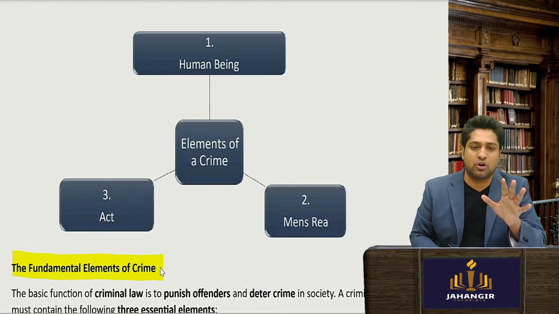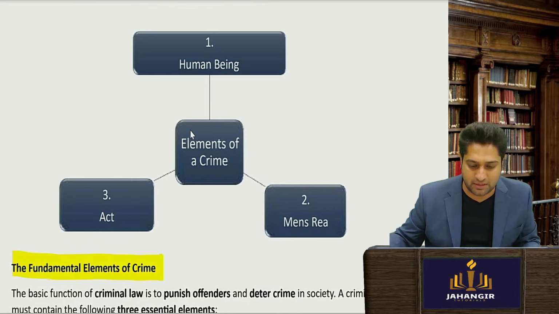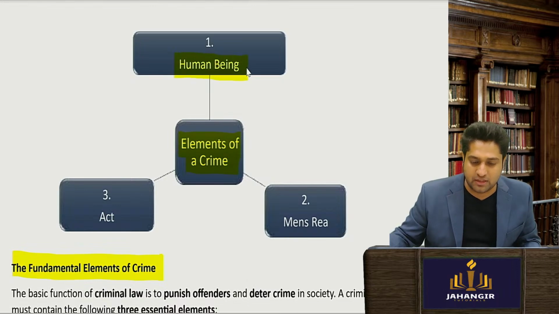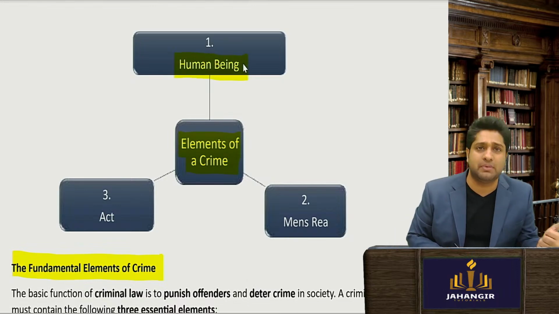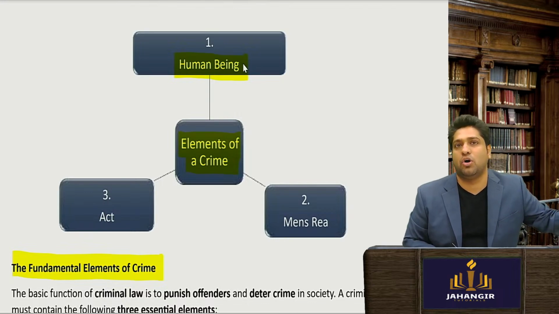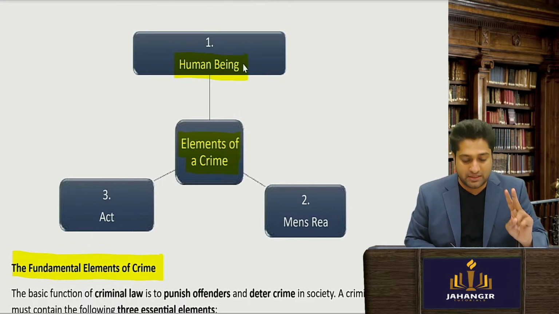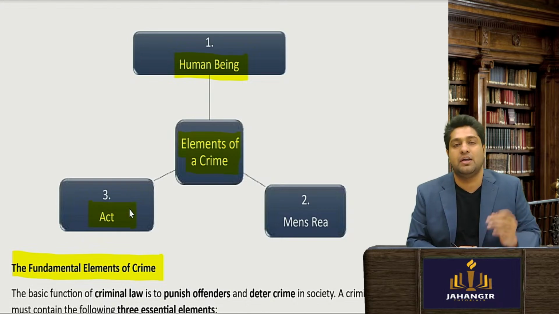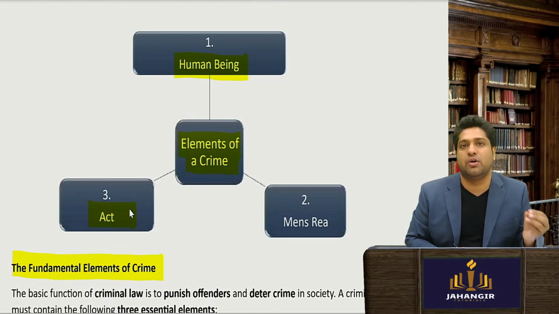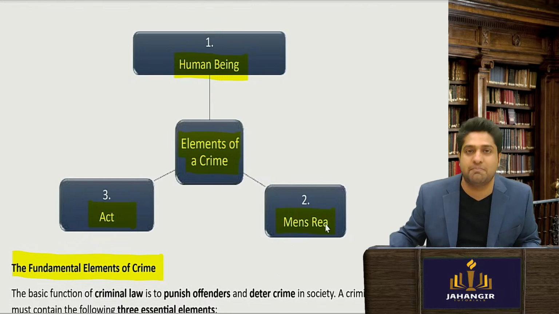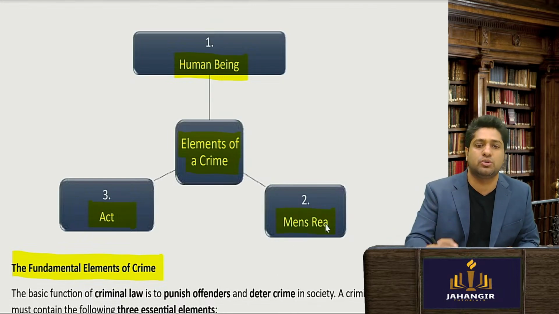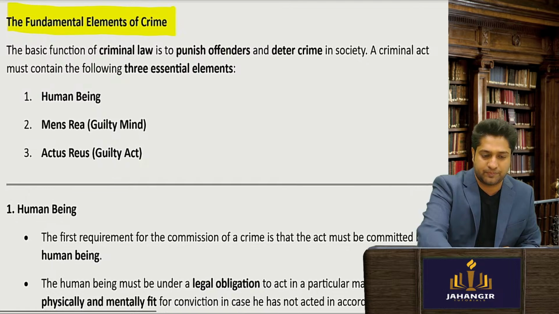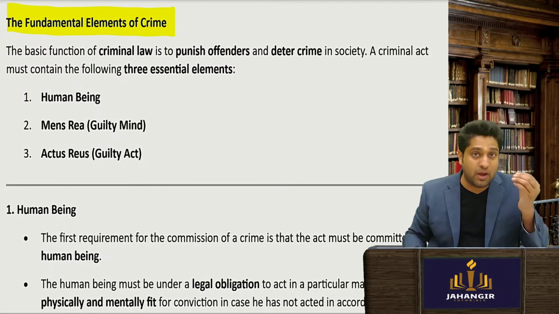So in order for an act to become a crime, there are three important things that have to be there. First is it should be a human being. So only a human being can be tried under the law of crimes or your BNS Act. Second, it should be an act. There has to be something being done or omitted from being done for it to be prosecuted or punished. And third, you require a mens rea, a guilty mind, an intention to do the act to be guilty. So we will see all the aspects with the exceptions in depth. So three important fundamental requirements are there of a crime.